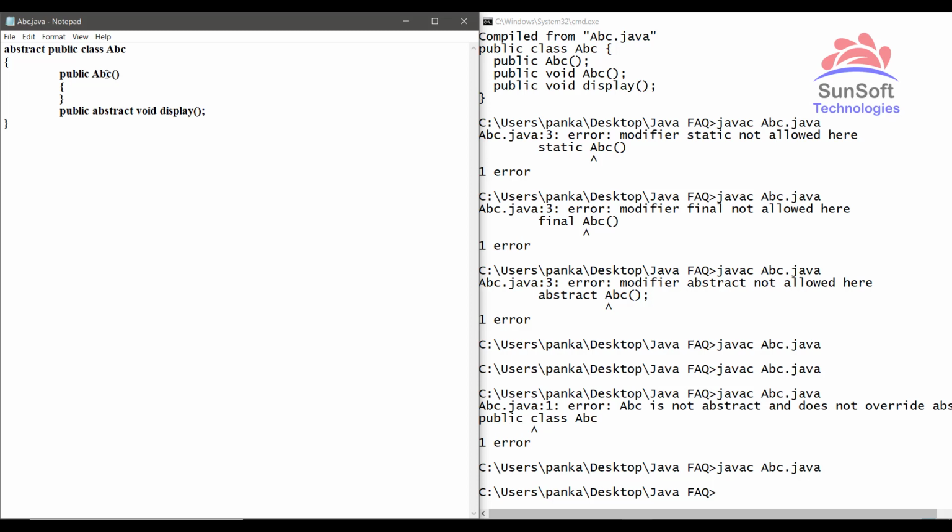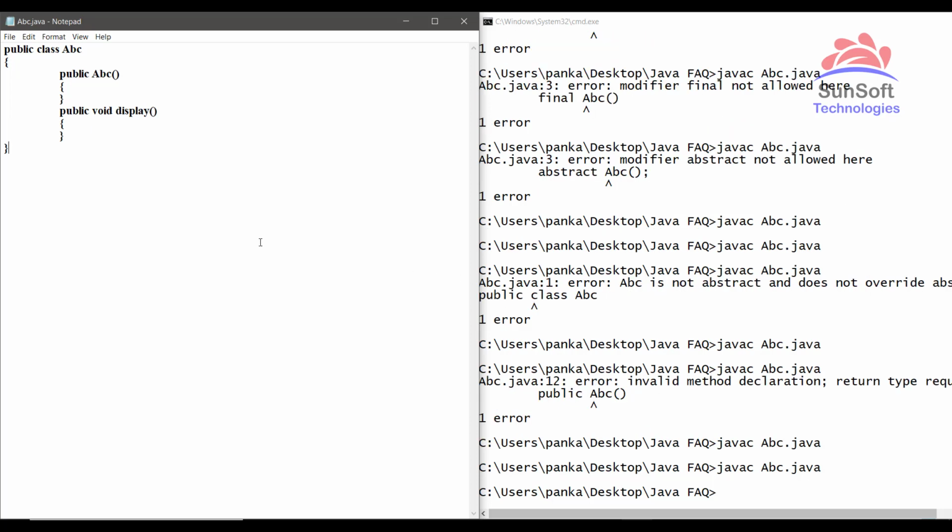Then the next thing, overriding. Obviously overriding is not possible with a constructor because a constructor should have the same name as the class name. So let me change this to a normal method. Let's see the demo for overriding. So our next thing, constructors cannot be overridden. So I am taking here class XYZ extends ABC.